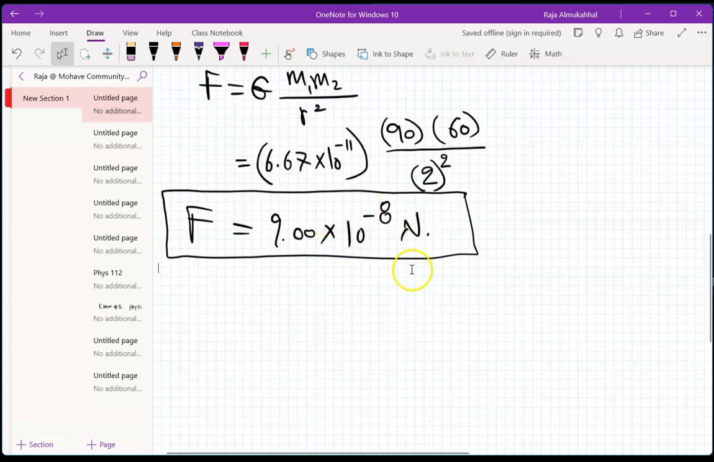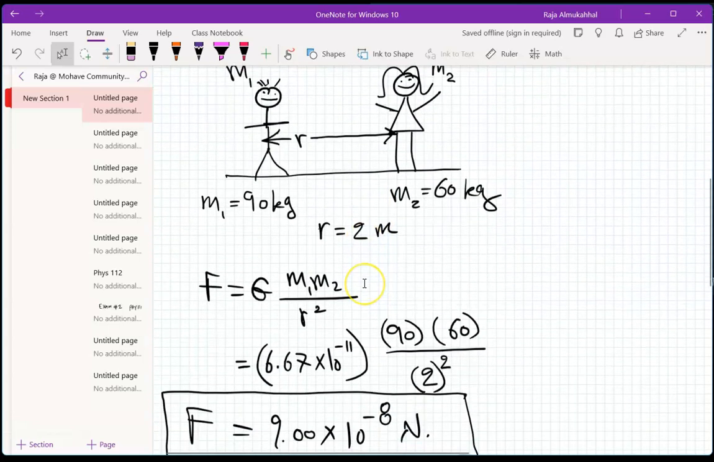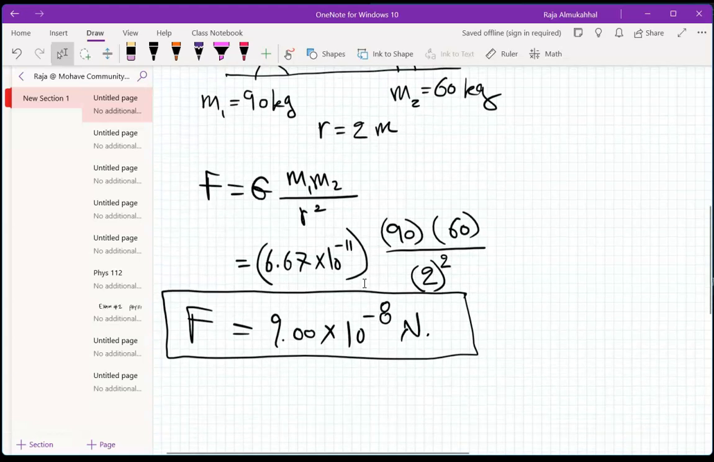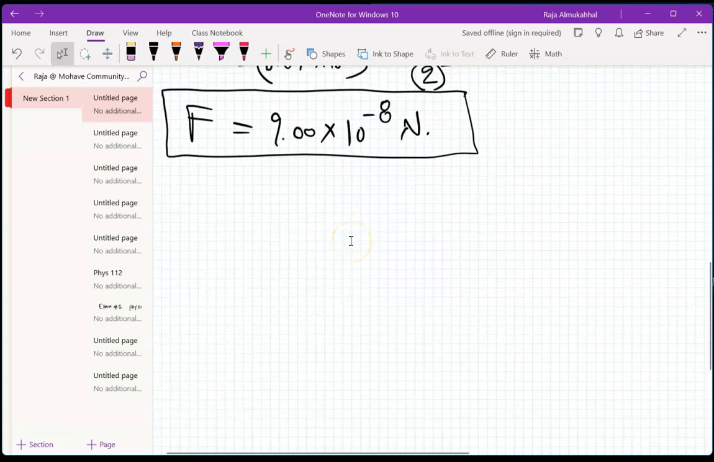So now I want to apply the same formula, but this time we want to use terrestrial bodies. For example, what is the gravitational pull between the Earth and the Sun? Okay, so let's do that. That would be my last example for this video. So gravitational pull